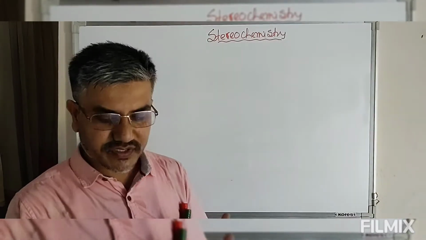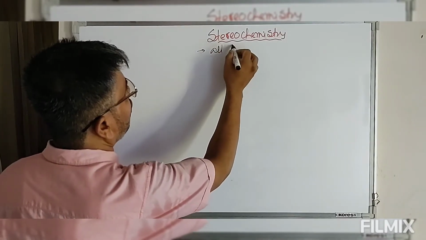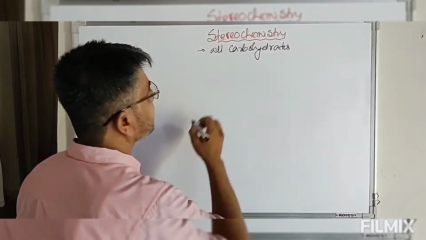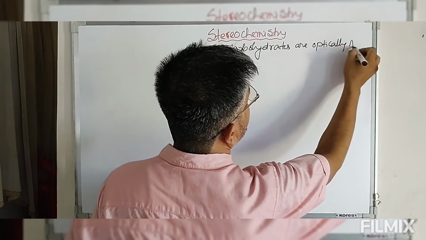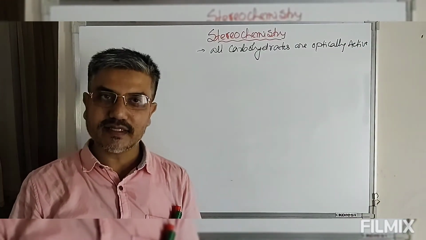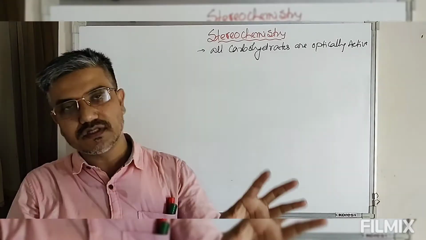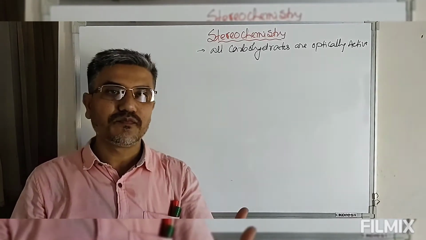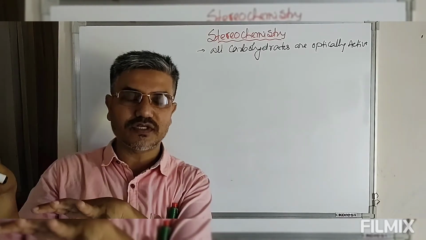The stereochemistry says all carbohydrates are optically active. That means they are either dextrorotatory or levorotatory. This can only be identified when we put the solution in a polarimeter. Just by looking at the molecule, we cannot say whether it will rotate clockwise, that is dextrorotatory,